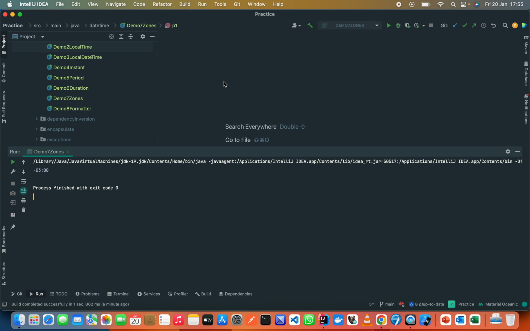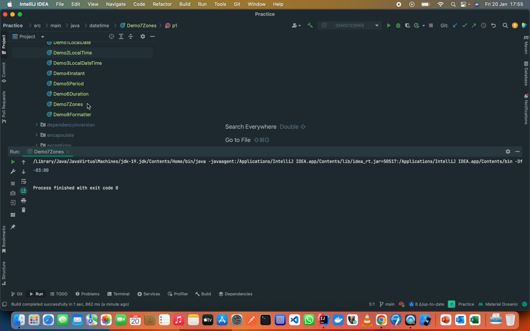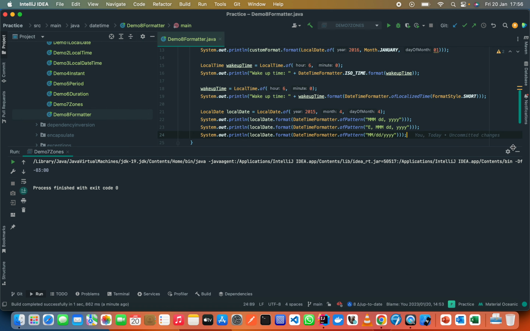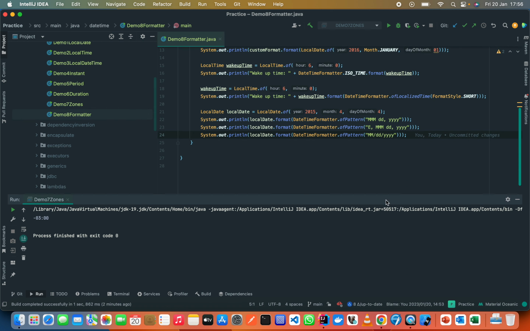So guys, we have looked at local date, we looked at local time, and we looked at instant, we looked at period, we looked at duration, and we looked at zones. So the last thing that we want to look at is how to format our temporal instance objects, or you can say time instances. So we're going to look at the demo, which is our last lecture under this